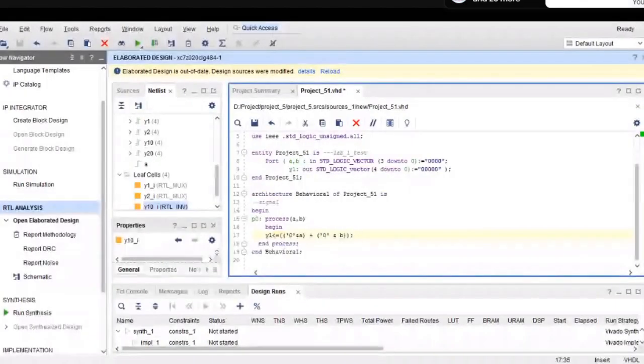All of you go to the simulation stage, then simulate your program. Check whether you are getting the result or not.